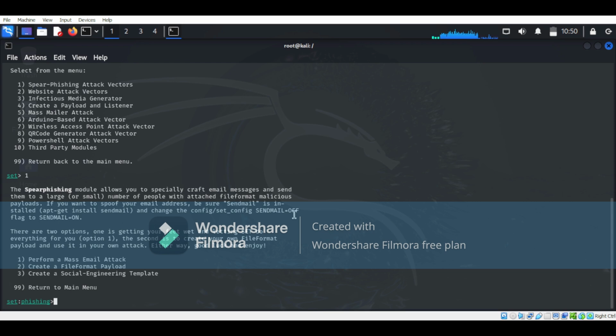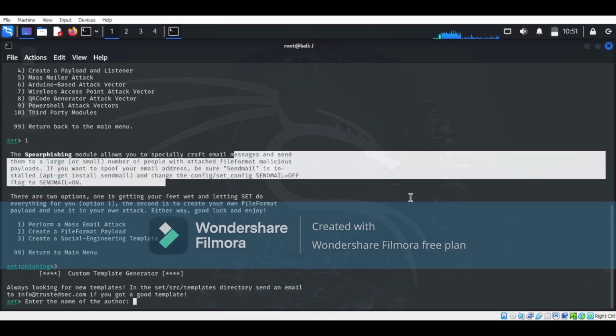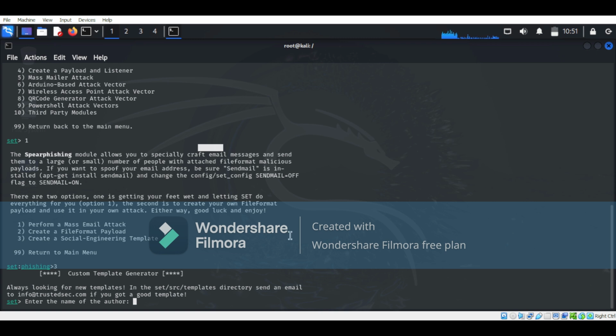Okay, now here is create a social engineering template. Number 3, hit enter, and you need to read the complete information here about that. This spear phishing module allows you to specially craft email messages. Understand? Okay, and I will tell you how it's working. This portion actually